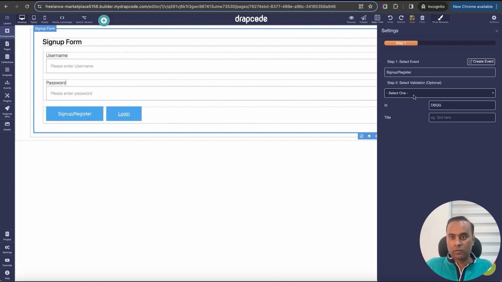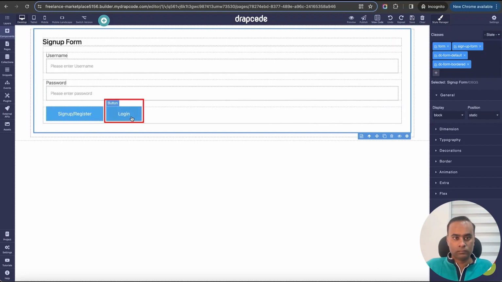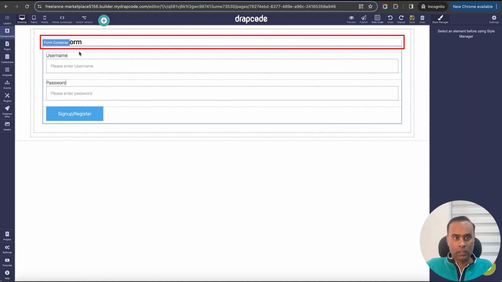Okay, so I sign a form for user. It is asking me to select the event. We don't have any event, so let's go and create an event. And we call it, let's say,